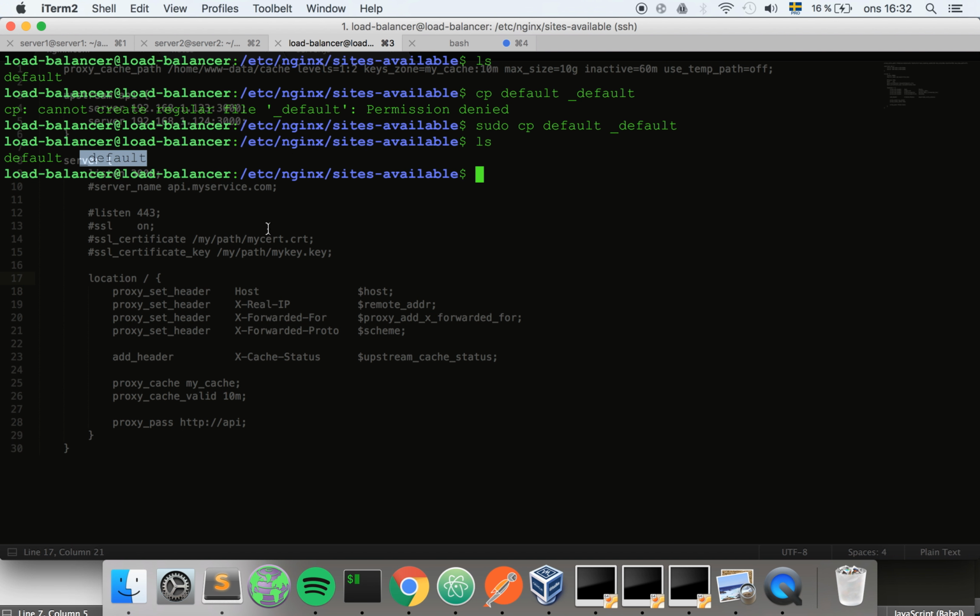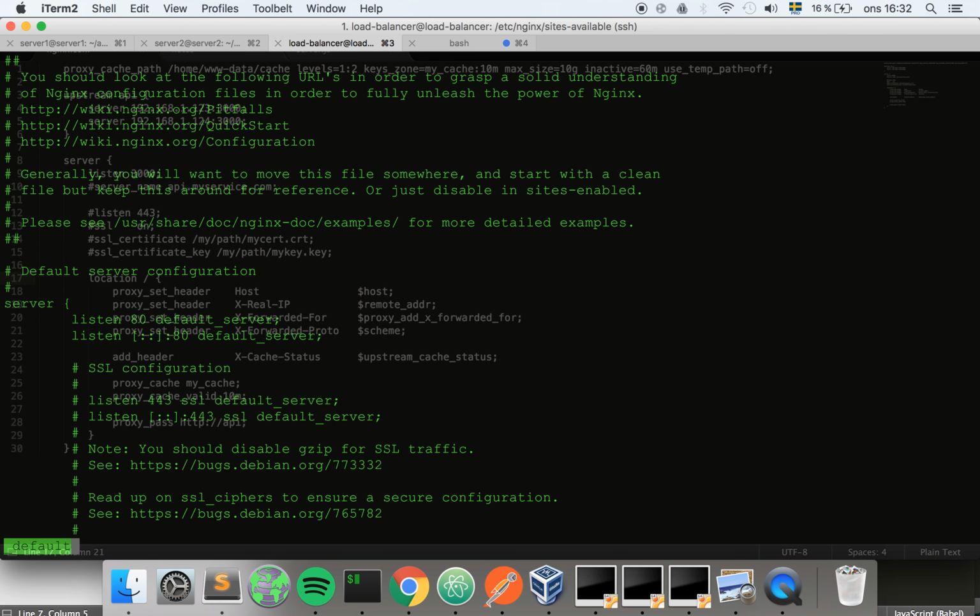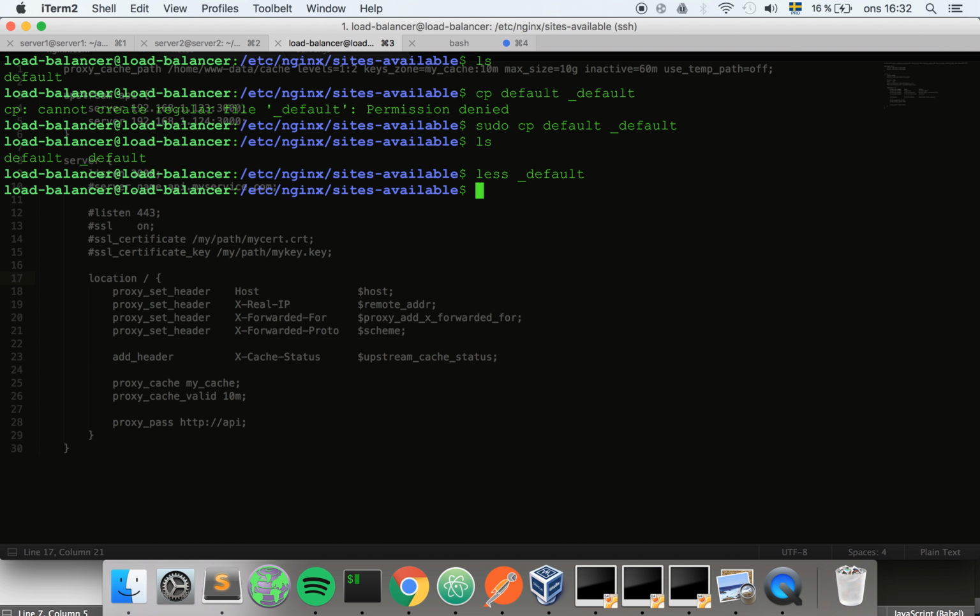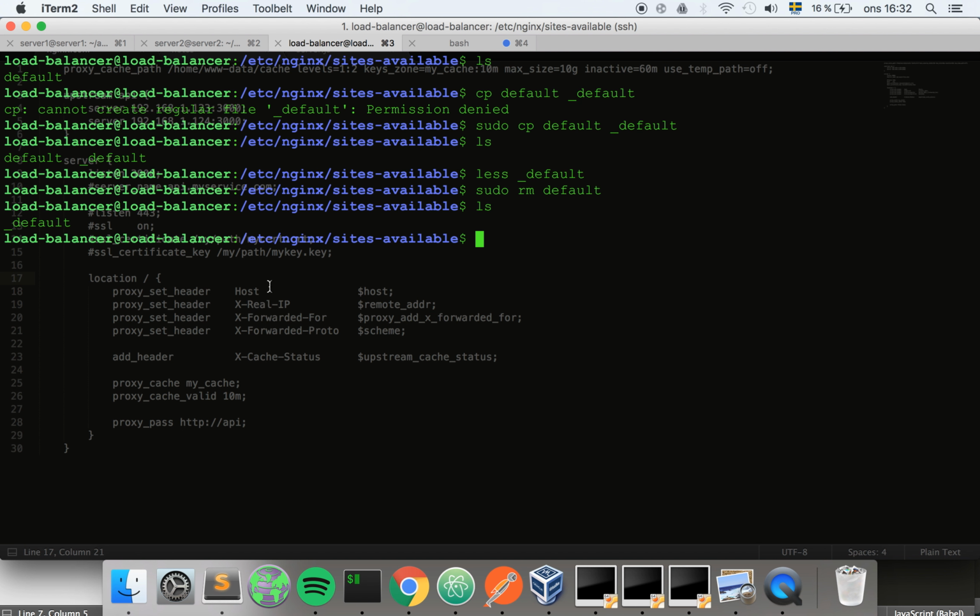Now we have a copy of the file, and if we look in the copy, you can see that it contains exactly the same thing. So now I'm going to remove the default, probably need sudo for this. I could probably have just used mv instead of remove, but whatever. And then